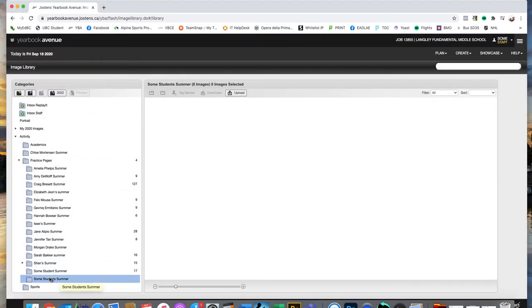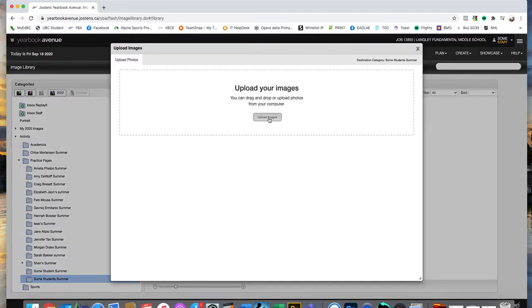and there it is. And then I want to upload pictures there, so I click on it. I want to make sure I click on it first before I start uploading, because otherwise they'll just go into a general practice pages place. We don't want that. That's very confusing and not how to do it. So click upload, and then I can drag images into here,